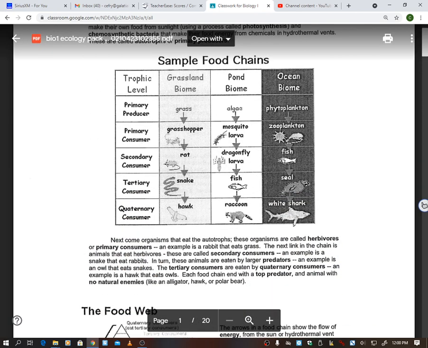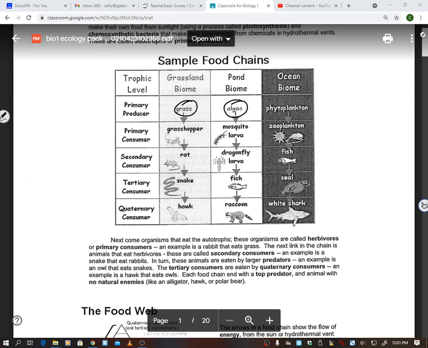So for example, a food chain is going to show, I know a lot of times we think of, oh, it's showing us what things eat. But in the science world, they tend to see it as energy flow. So how is energy flowing? If you look here, it starts with these trophic levels, a primary producer. Now, producer is making its own food, right? That's producing. So if you look at the grassland biome right here, we have grass, and for the pond, we have algae. Those are my producers.